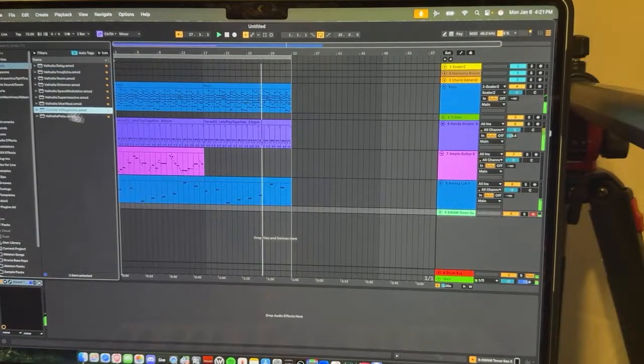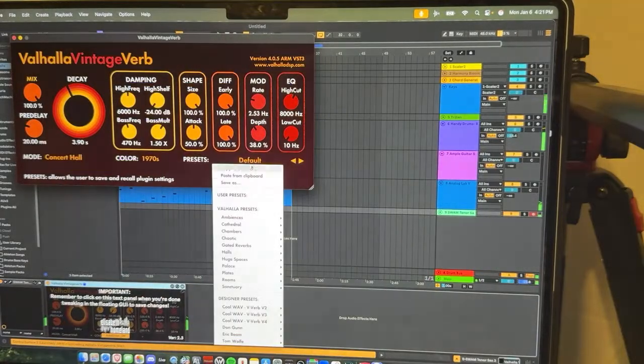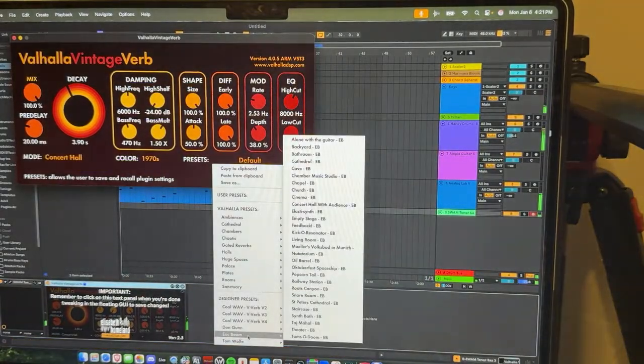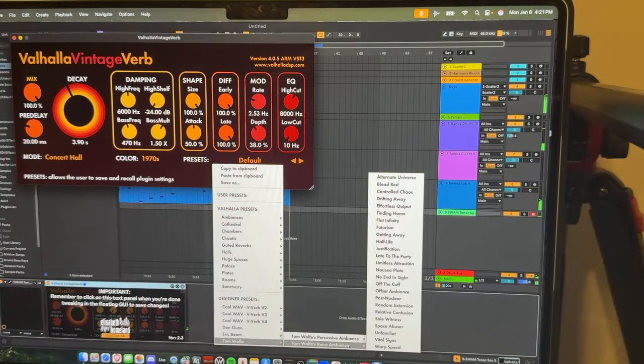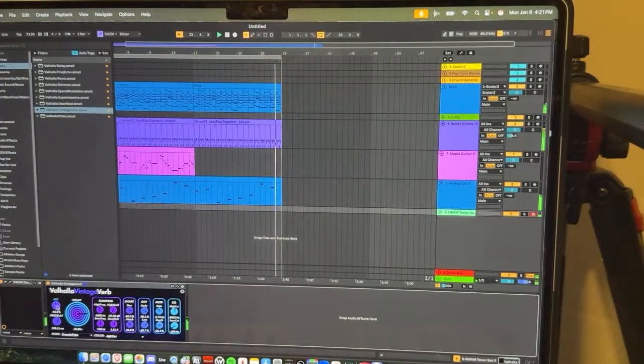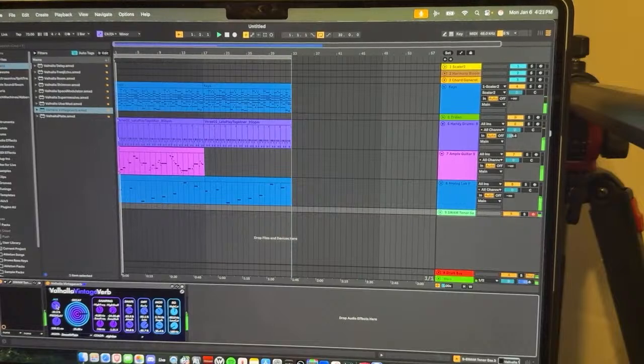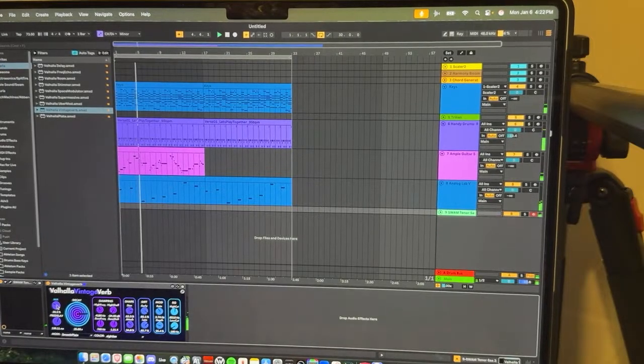Sometimes I'll use Valhalla reverb on that too. Retro ambience. It's a little much, but